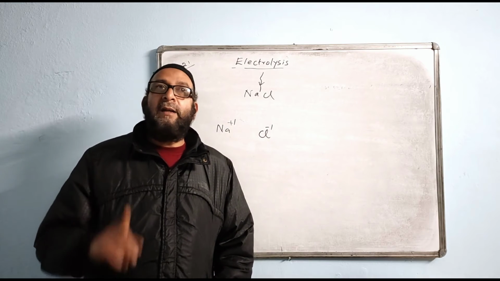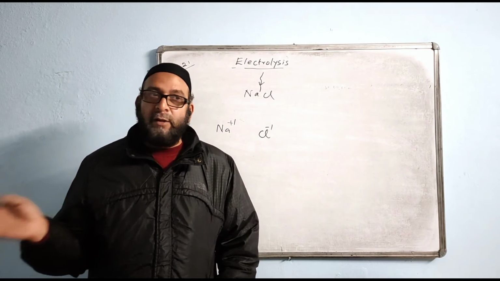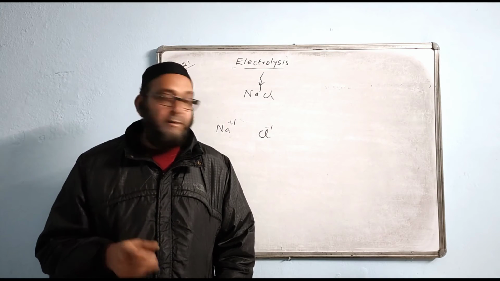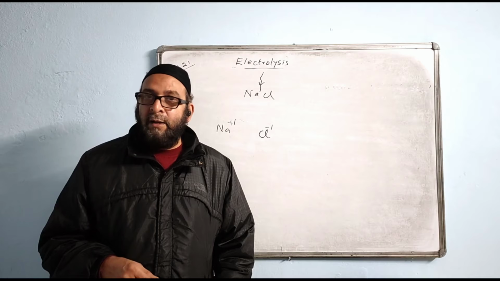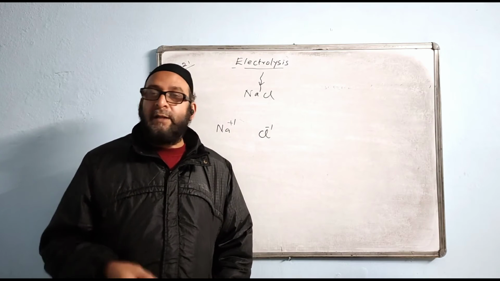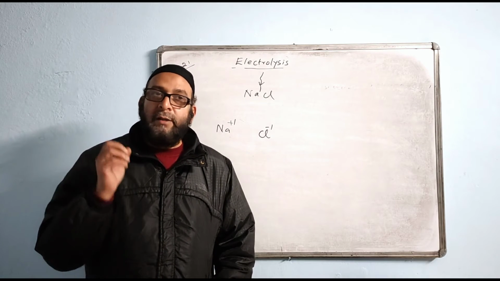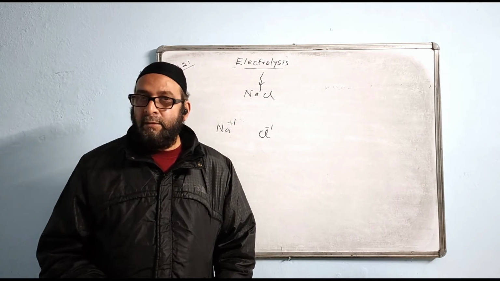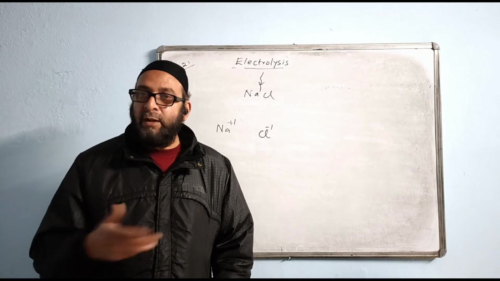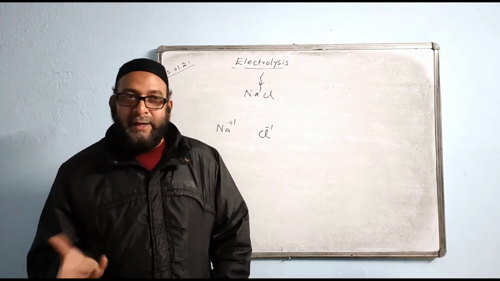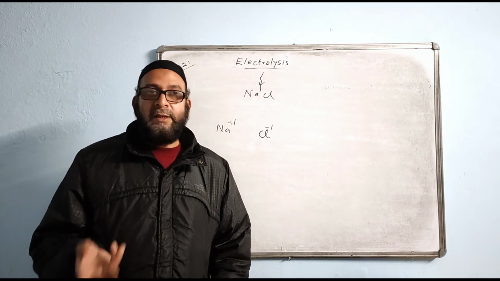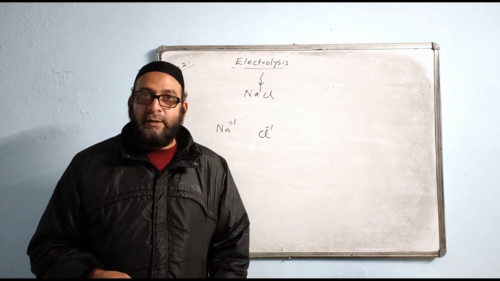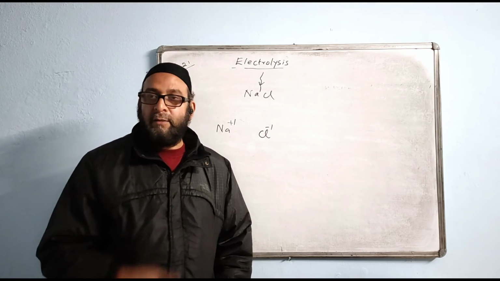If the question comes why solid lead bromide does not conduct electricity but molten lead bromide conducts, what answer would we give? The same kind of answer. We say solid lead bromide does not contain ions, whereas molten lead bromide contains ions, so it is a good conductor of electricity. We give this kind of answer anytime. If the question is about the solid and either the aqueous or molten state, we say not containing ions, so bad conductor, cannot conduct electricity. Containing ions, so good conductor.